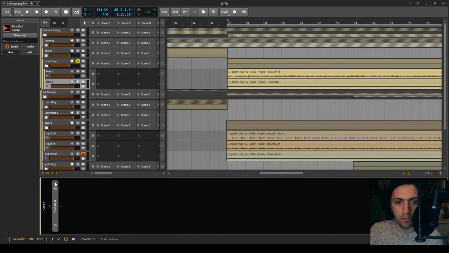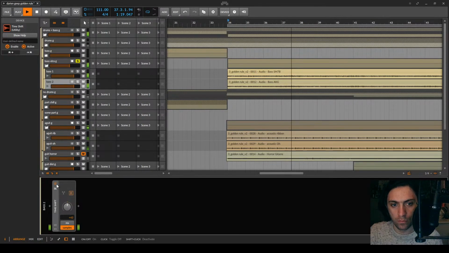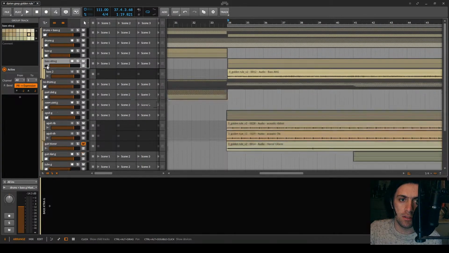Okay, no polarity flip. Okay, it's definitely a bass sound that doesn't have a lot of bass, but it sounds a bit better than with the other setting.